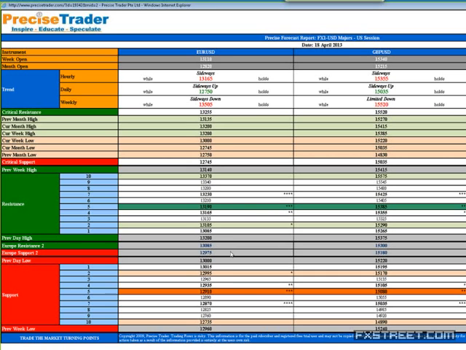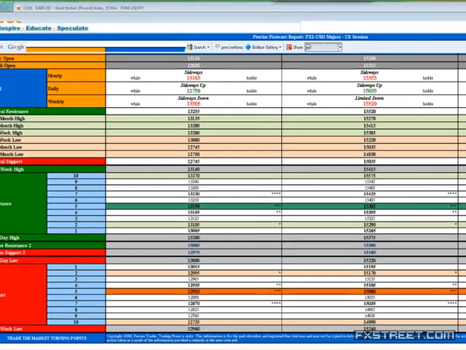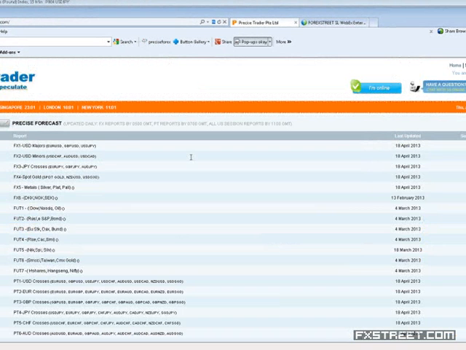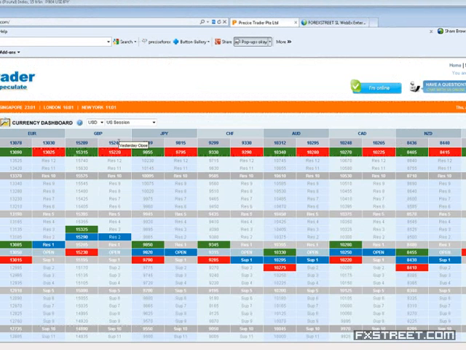So I'll just run through quickly. These are the levels I'm looking for. The support zone 1 is 130.15. Support zone 2 is 129.95. Now, coming back to the dashboard, we should be able to come to a conclusion on what we want to do. All right, so now, if we look at